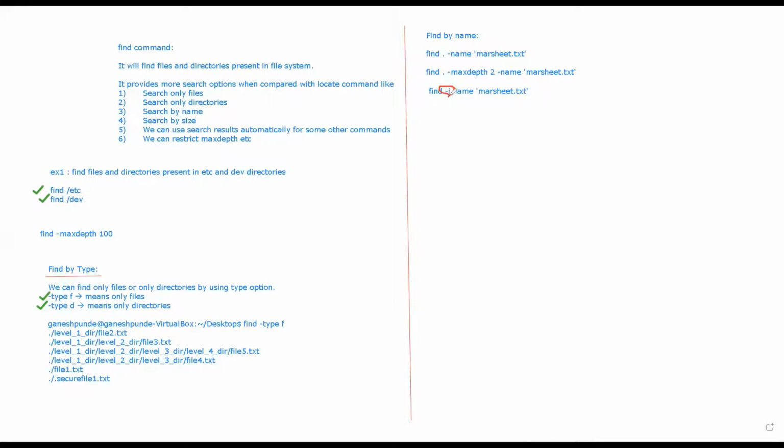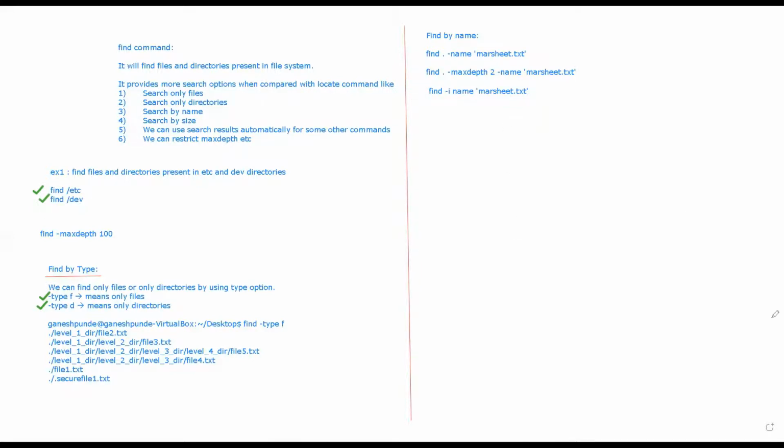Now it will search for the marksheet, and the name of the file can be anything: camel case, capital letters or small case. So case sensitivity is completely removed. This is how you can find by name.